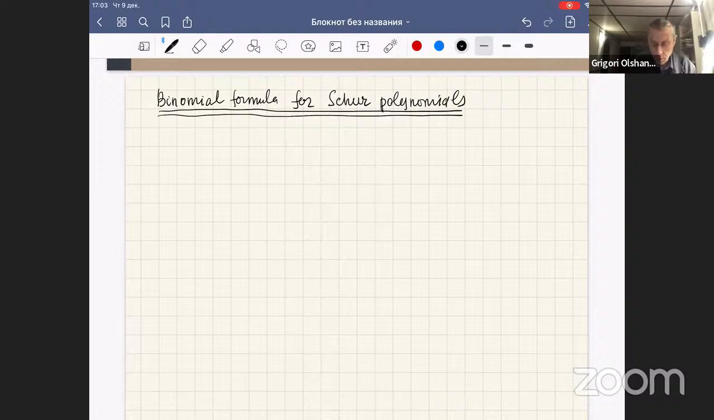So let me remind you the well-known Newton binomial formula. Let's write it as follows. And what we get, and we want to expand this in the powers of x. So this is well known, of course. So we can write